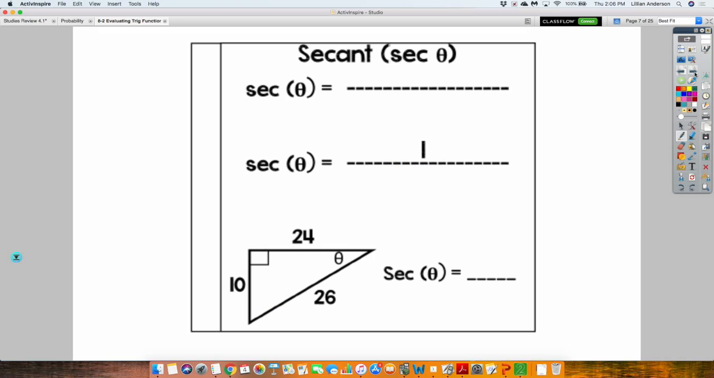Secant. Everybody say secant. Secant is the reciprocal of cosine. Okay? So where cosine is adjacent over hypotenuse, secant would be hypotenuse over adjacent, or 1 over cosine theta. So you find your hypotenuse and your adjacent, and you have secant. What's my hypotenuse in this triangle? 26. What's my adjacent in this triangle? 24. Because remember, you label your sides based off of the angle that's given to you. So then the secant of theta would be 26 over 24, which